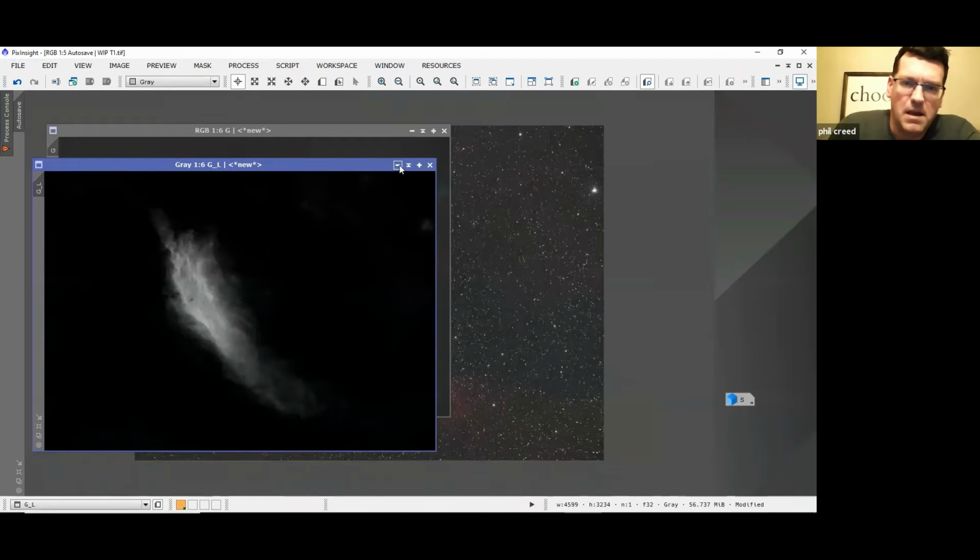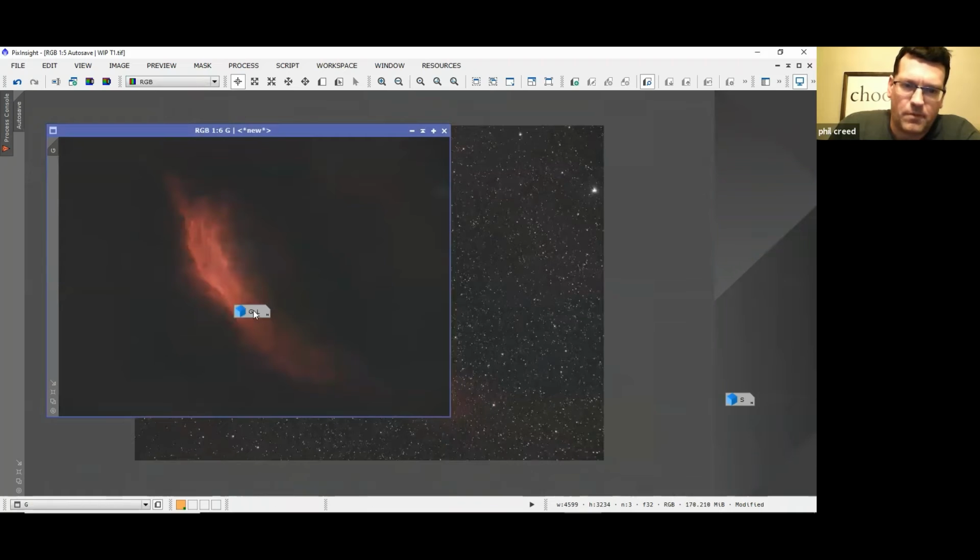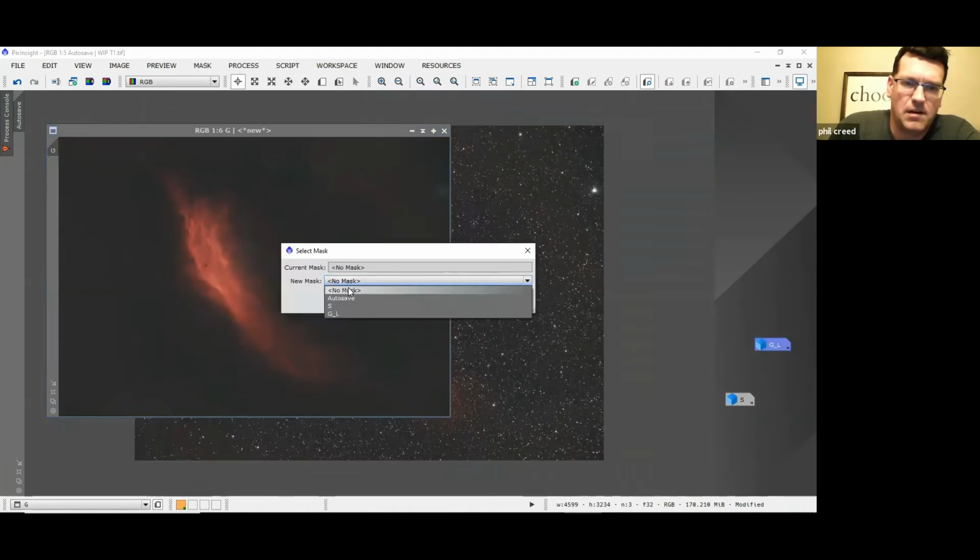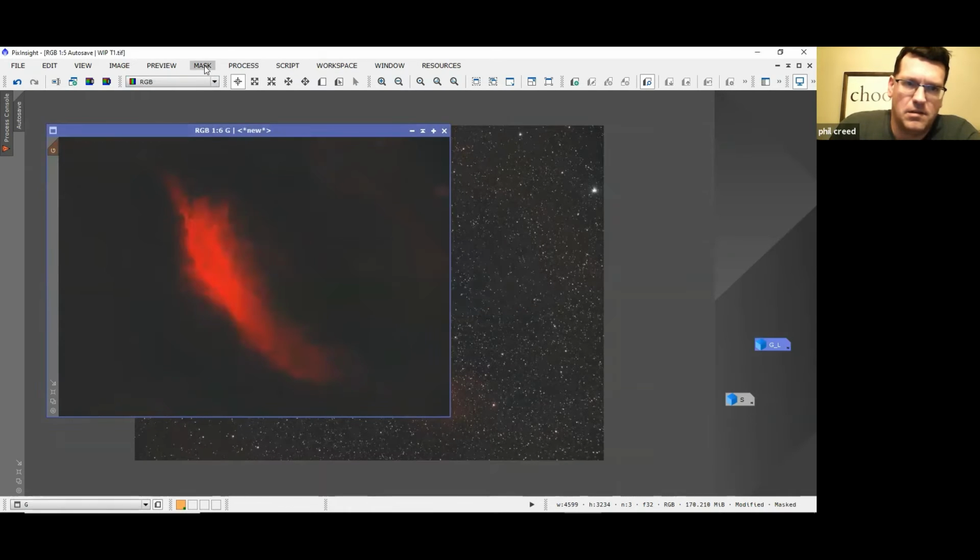Well, now that I have this set up, basically all I'm working on right now is I inverted the mask. So I had everything blocked out except for the nebula. Inverting the mask means now I'm working on everything except for the nebula, which in this case is the background. So all I want to do is